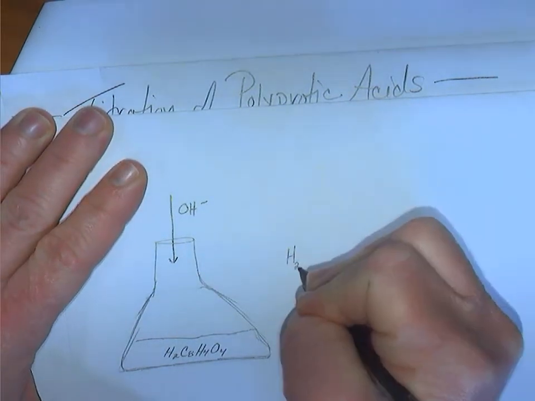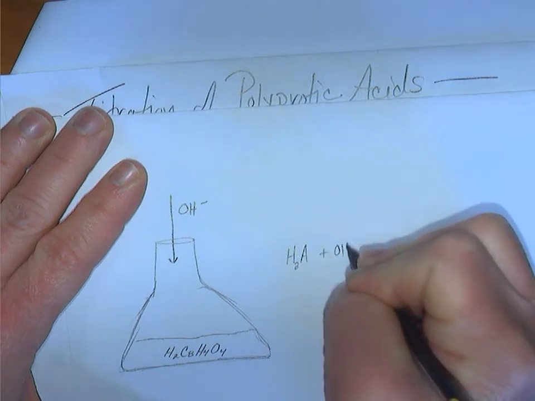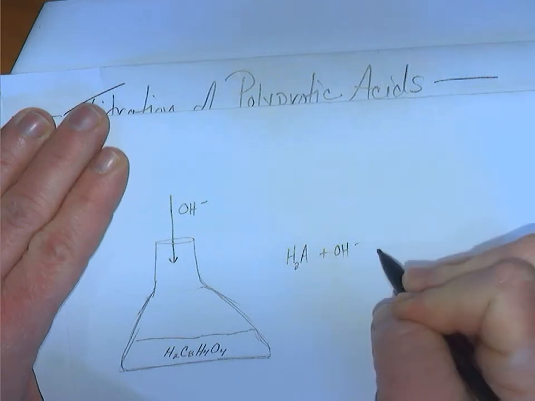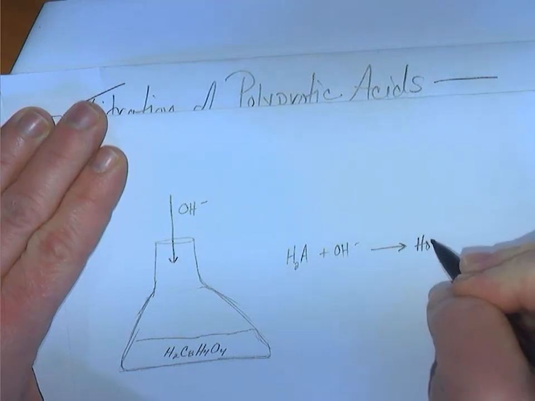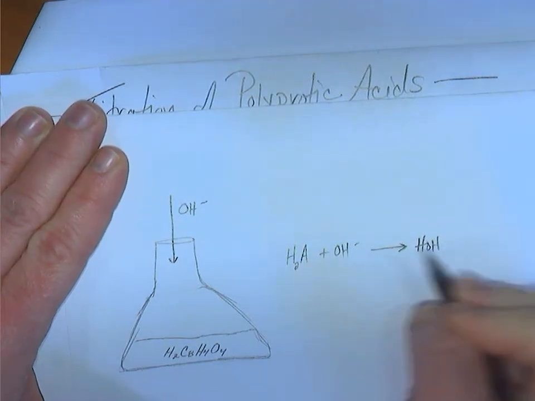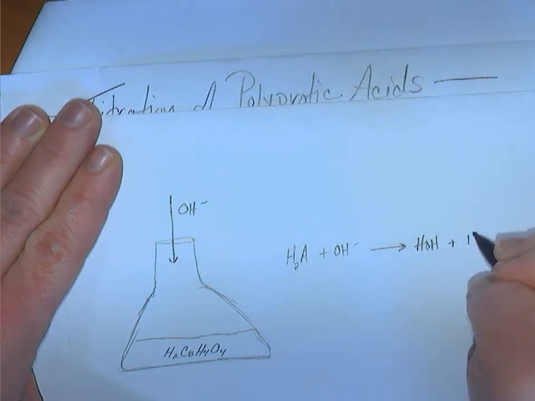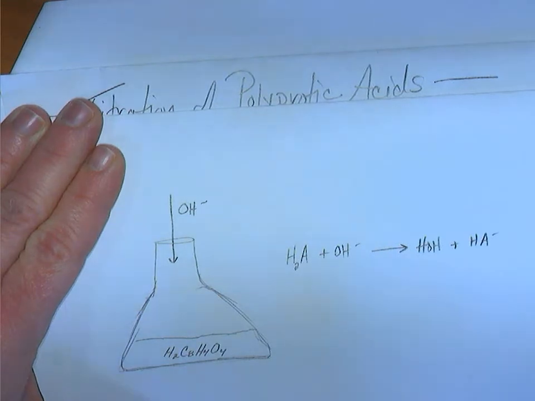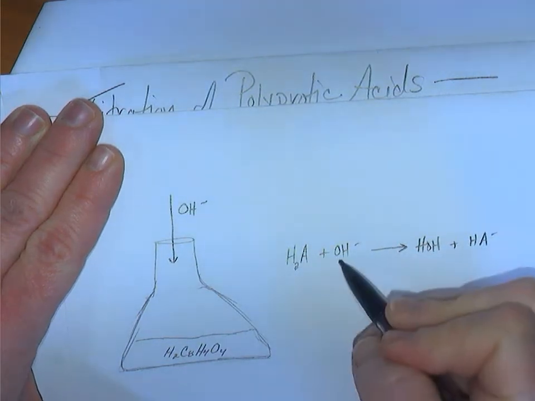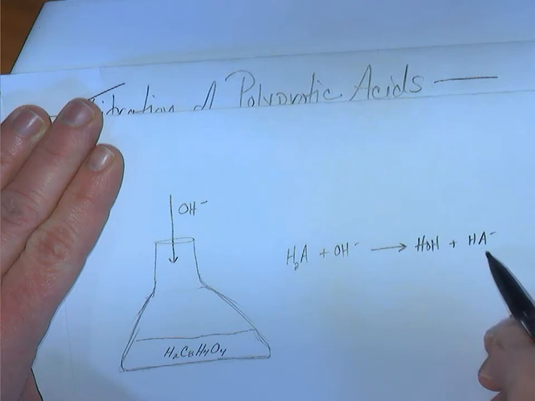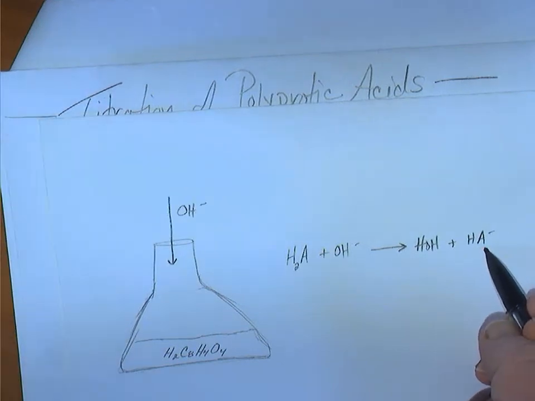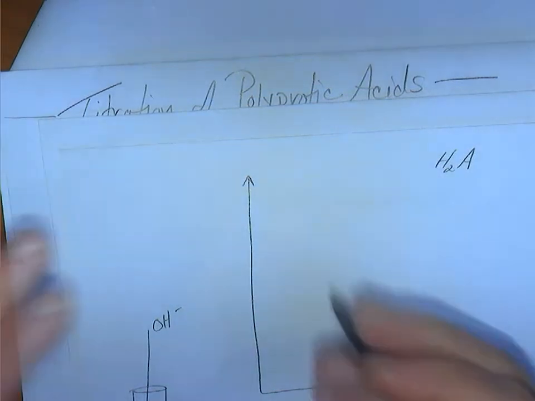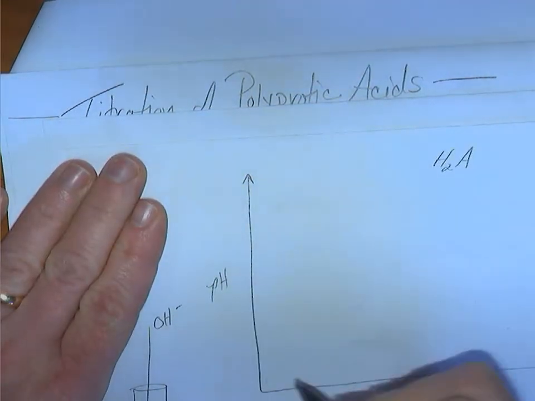that diprotic acid will be in the greatest abundance, so the hydroxide will of course react with it, and because water is one of our products, it will be far favoring right, and we will be creating the conjugate base of this diprotic acid. Well, as we're titrating and removing this, we know we're making more and more of this. So if we want to imagine our pH curve, now being a weak acid, probably before the titration